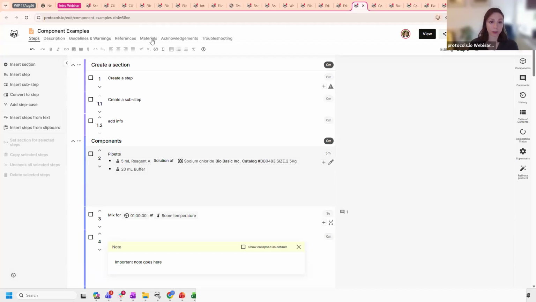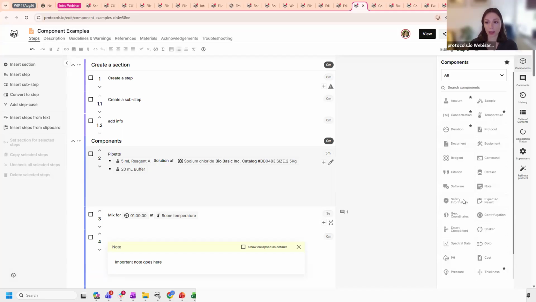Make sure to explore these tabs along the top where you can add other information. And then here on the right, this is where I can add in components. And so these are where specific important information can be called out. So you can add things like amounts, specific reagents with all of the associated information with that reagent,